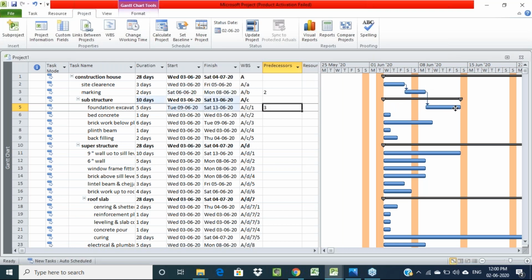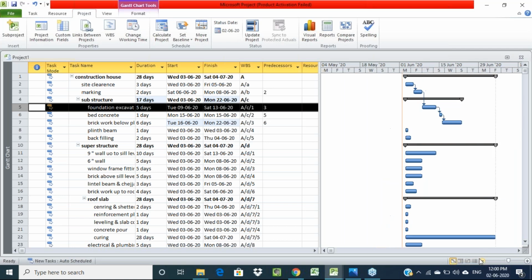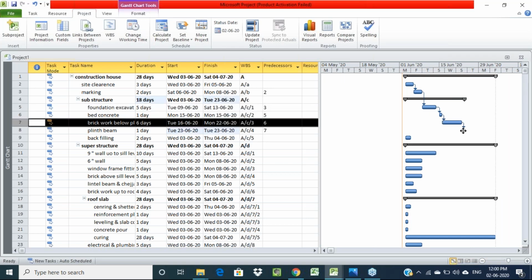Automatically the link is created like this. So directly on the bar chart also we can create linkings.